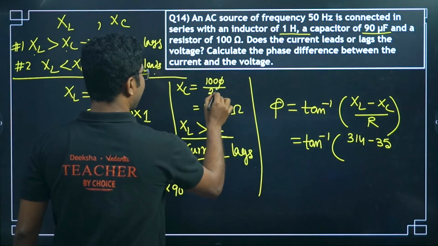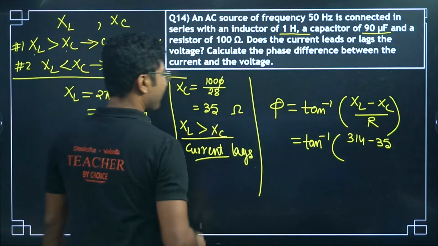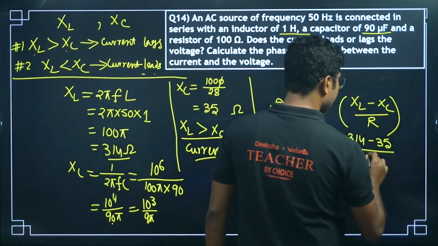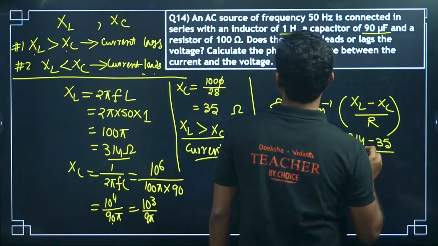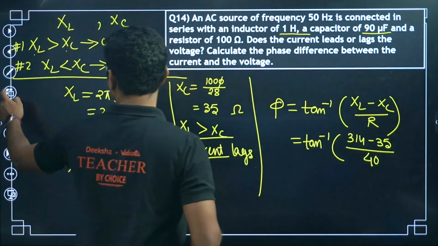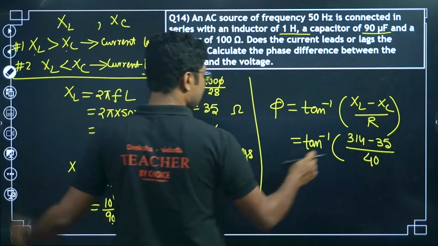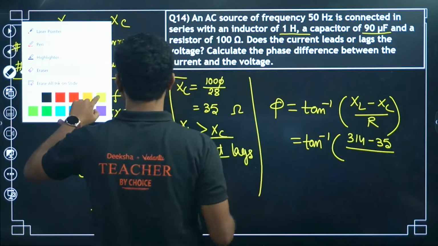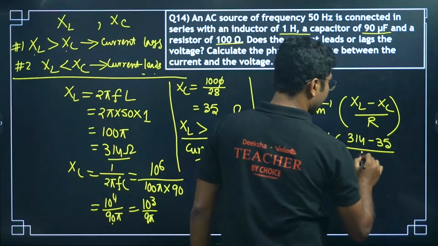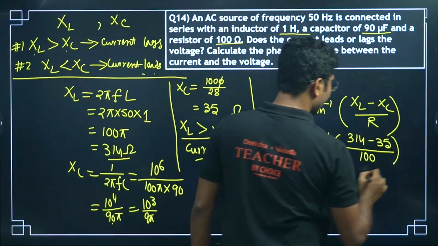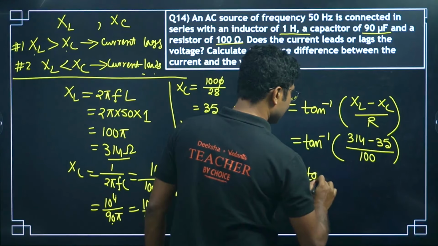So, it will be 28 something, this will be 35 something, divided by R. Is 40? What is R, by the way? Sorry, not 40, 100 ohm. 40 was the last question. This is 100 ohm. So, put the value 100 and you get this as tan inverse